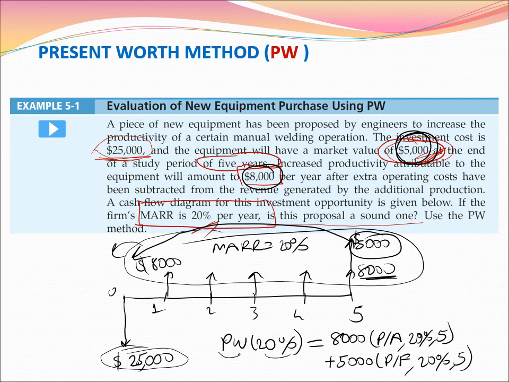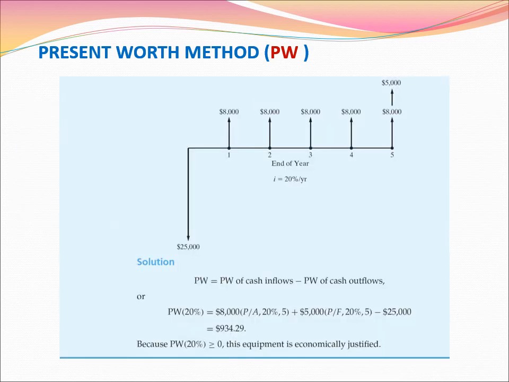These are the cash inflows, and from this I need to subtract 25,000. After calculating this, I will see if this value is greater than 0 or not. So this is the calculation: 8,000 P given A, plus 5,000 P given F, minus 25,000, and this value is positive 934